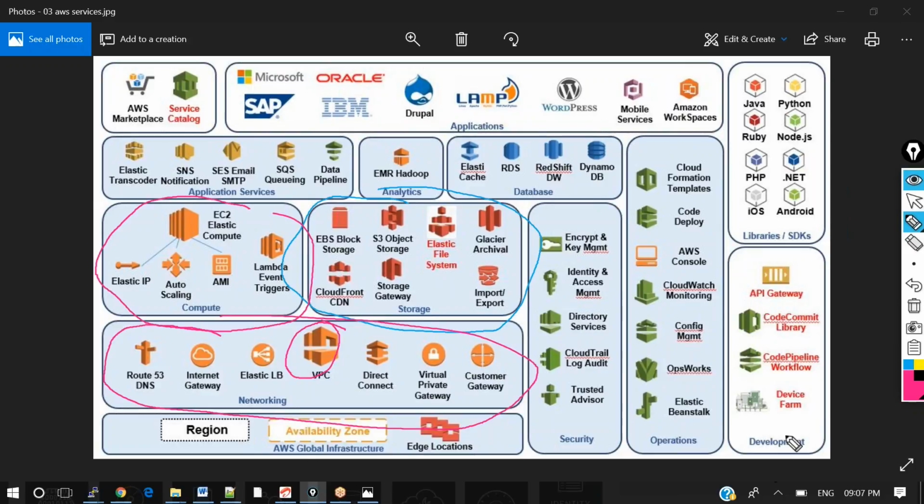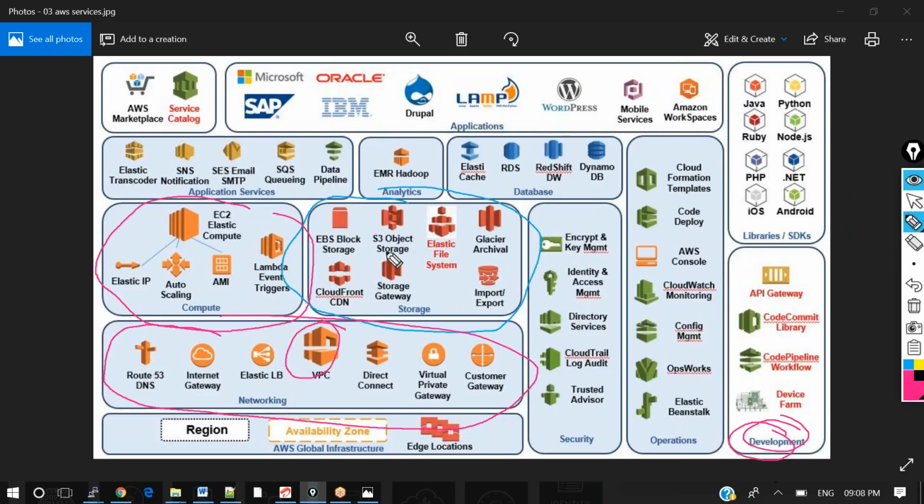When it comes to development, you can see the many services provided by AWS. Though there are so many services, no one will know all the services being used in AWS. So we have different types of roles for each and every user, and accordingly they will be selecting the services. Let's say if you are a developer, you can directly go for the AWS developer services, which is what you will majorly be using for development.